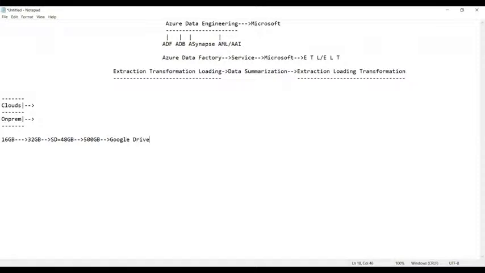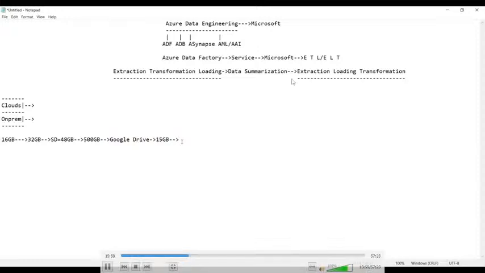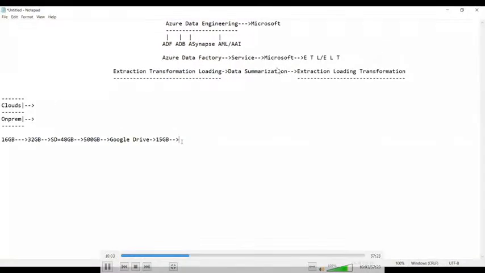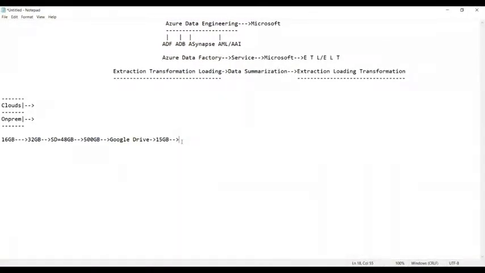In Google Drive, the default memory provided by Google is 15 GB. Whenever you want 500 GB of data stored on your Google Drive, we have to buy the storage. Am I right, everyone? So I pay something and buy it, and now I can store up to 500 GB of memory.